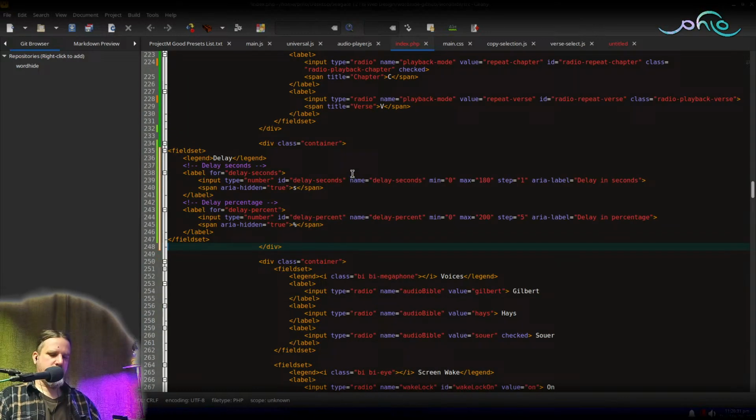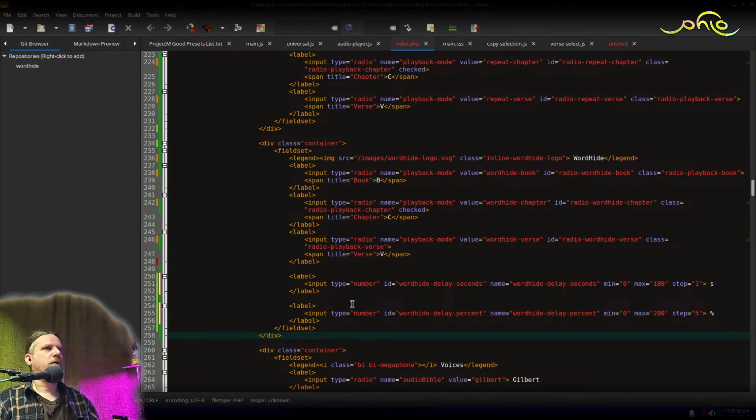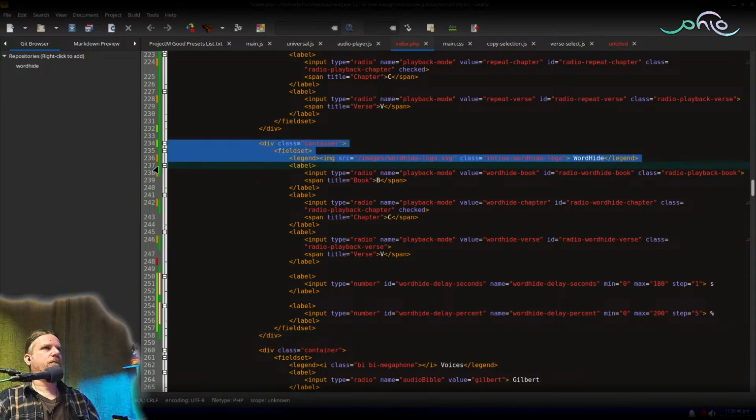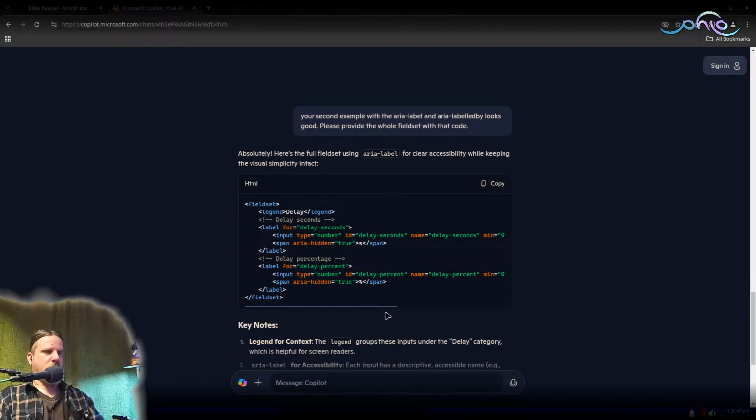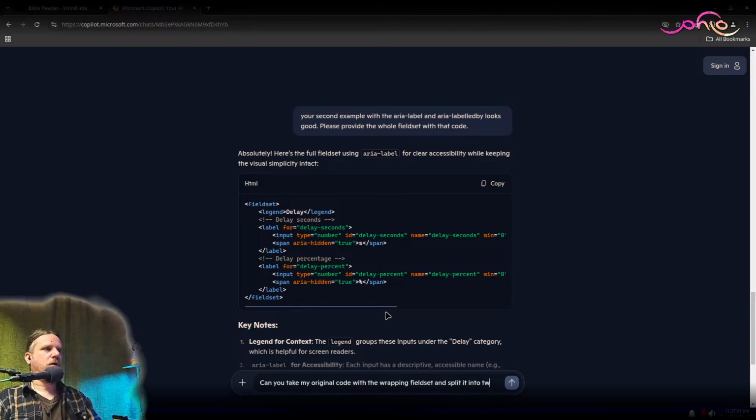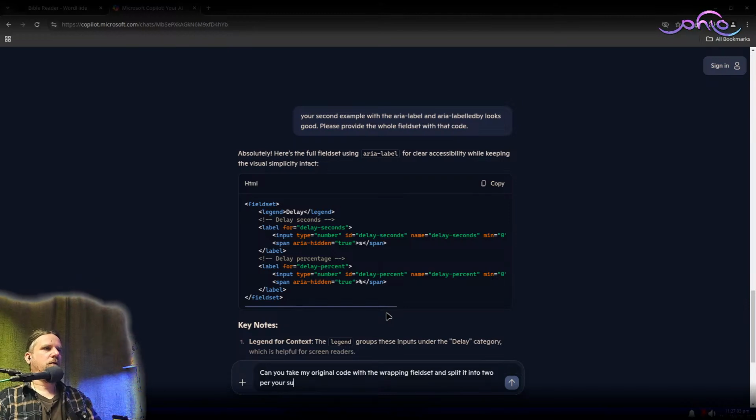Wow, that got way smaller for some reason. Oh, because I don't know if I provided it the whole thing. Can you take my original code with the wrapping field set and split it into two per your suggestions?